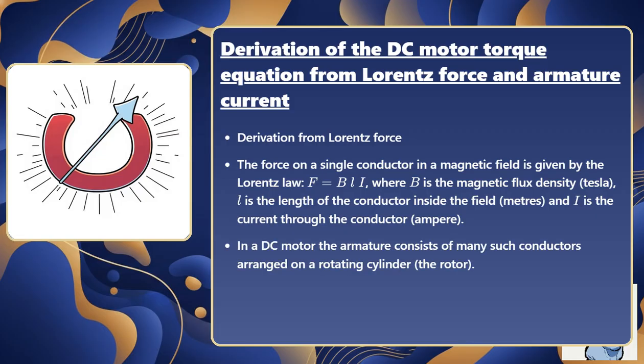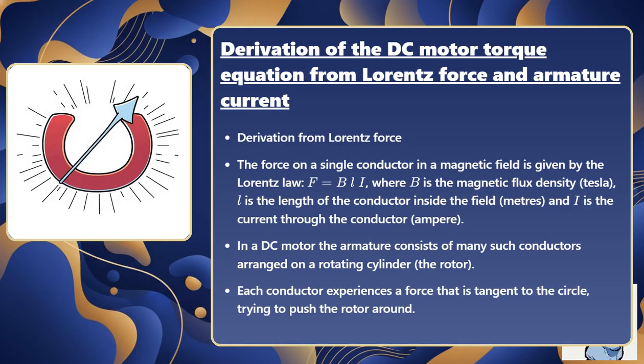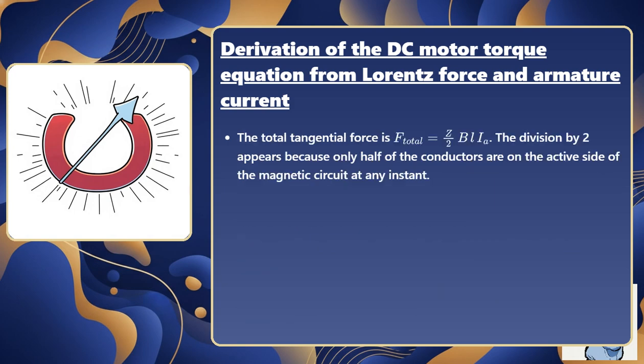In a DC motor, the armature consists of many such conductors arranged on a rotating cylinder, the rotor. Each conductor experiences a force that is tangent to the circle, trying to push the rotor around. F total equals Z divided by 2 times B times L times IA. The division by 2 appears because only half of the conductors are on the active side of the magnetic circuit